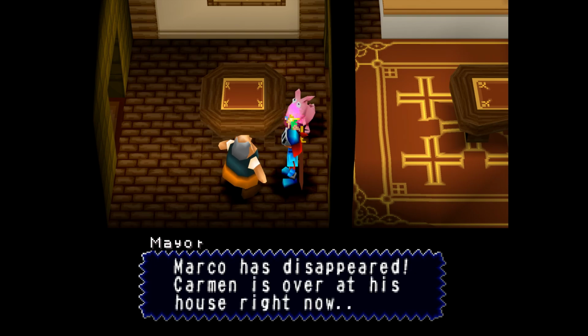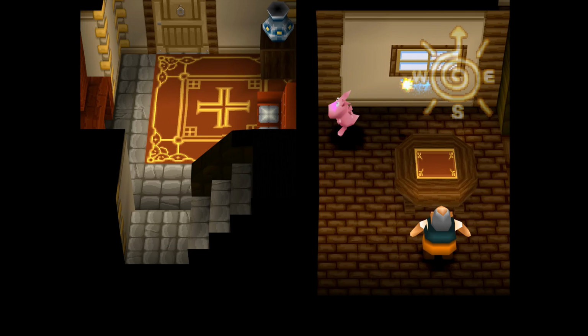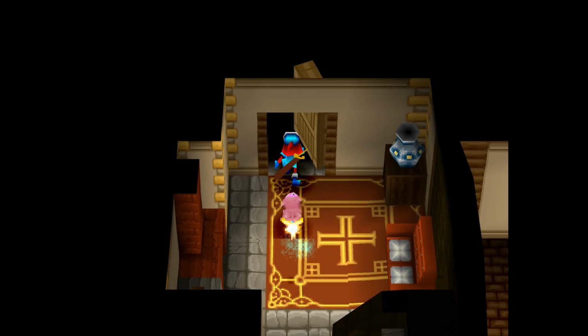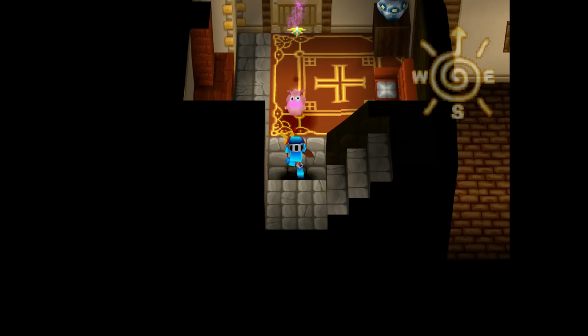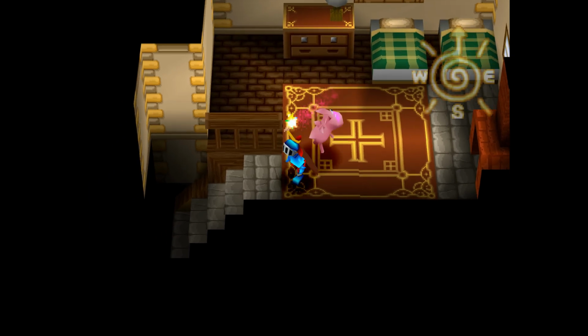Marco has disappeared. Carmen is over his house right now. Marco disappeared. Wait, wasn't he supposed to be the next mayor or whatever? So I guess you're supposed to be the next leader, mayor or whatever, but because he's missing, does he have anything to say? Nope. He still says something about the ring, so...